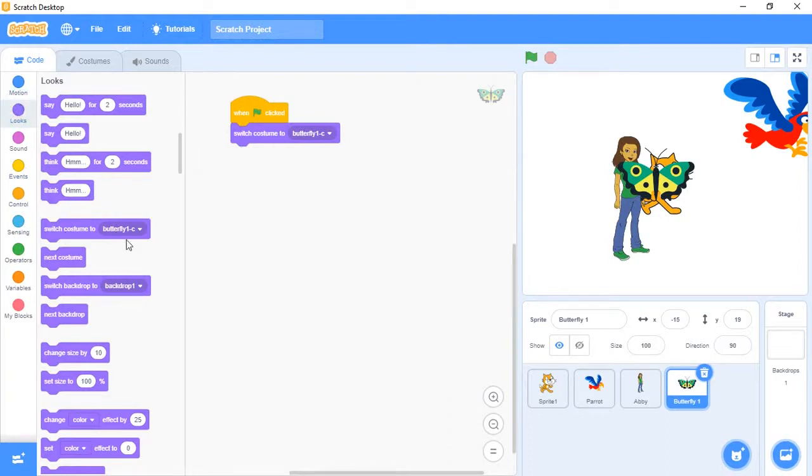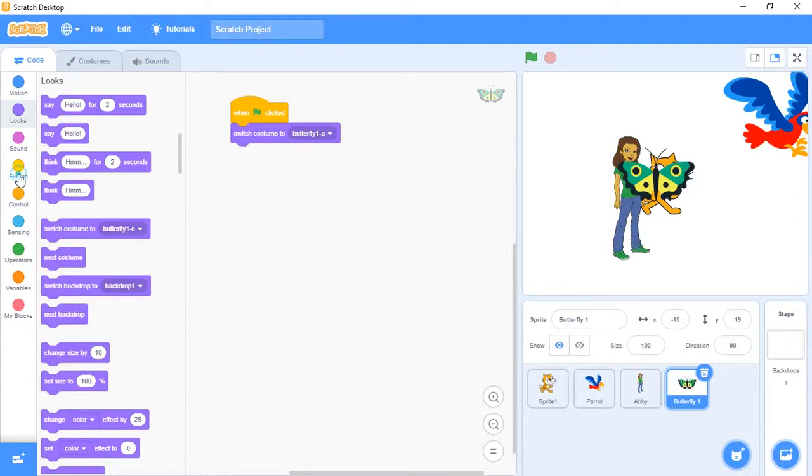Various costumes are default, and we can make use of those default costumes. Costume is the appearance of the particular sprite. If you want to change it, you can do it; I have shown you already in my previous videos.